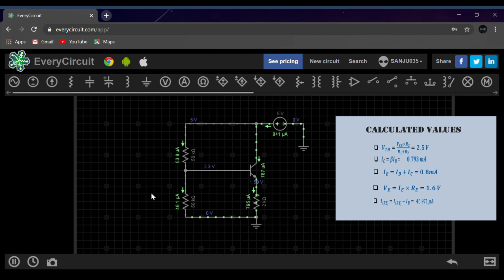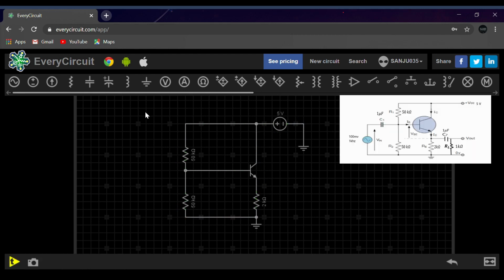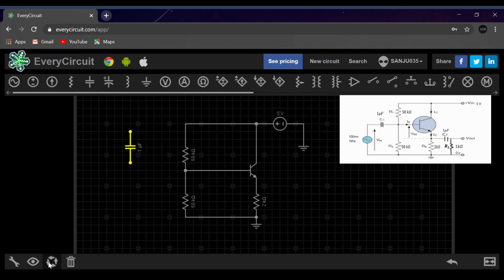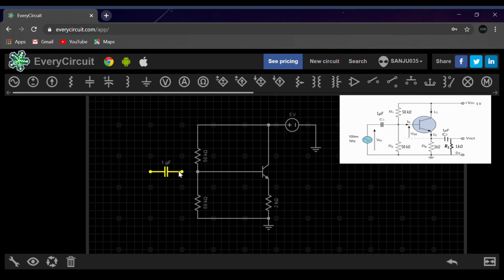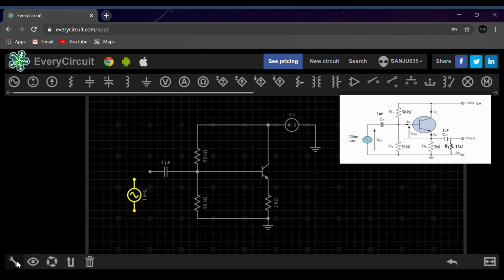So now let us stop this and let's move on to the AC analysis. In the AC analysis we have a capacitor here. It is already in microfarad. I'll rotate this and connect it over here, and we need an AC signal. So we'll take an AC signal from here, and we'll change those values.